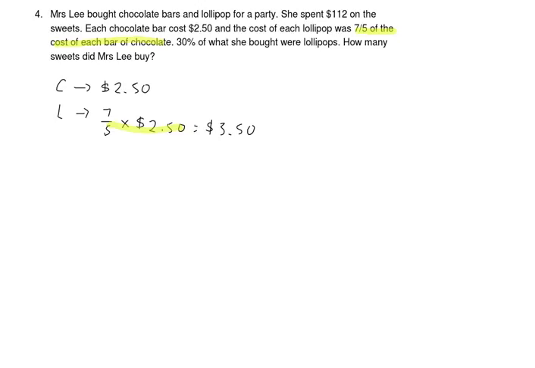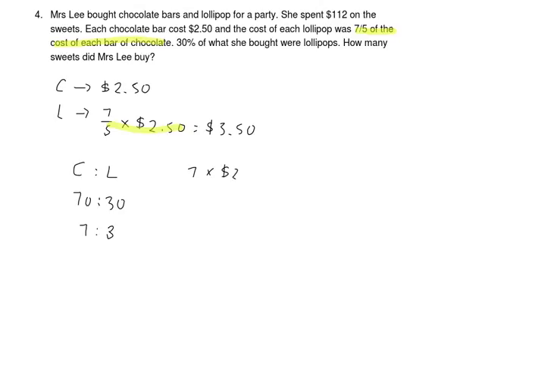That means you know that chocolate bar to lollipop is actually 70 is to 30, right? So for every 7 chocolate bars, she actually bought 3 lollipops. Yes or no? That's considered as one set. Am I right or wrong? Okay. So we need to find the cost of one set, which is 7 multiplied by $2.50